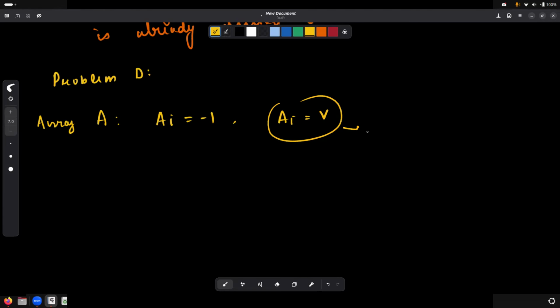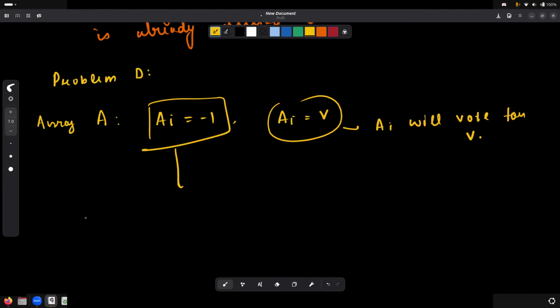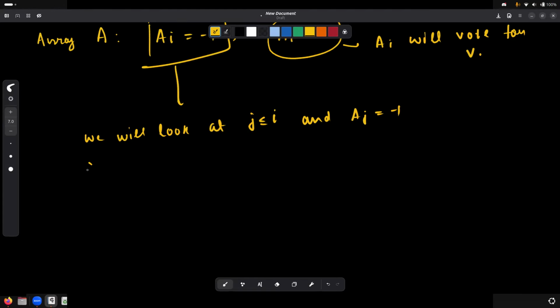So this means Ai will vote for v. And for Ai equal to -1, we will look at j less than or equal to i and Aj not equal to -1, and among these voters,